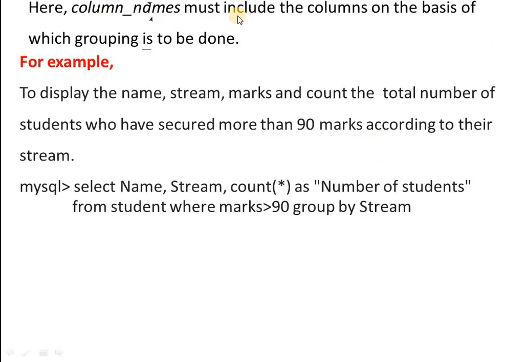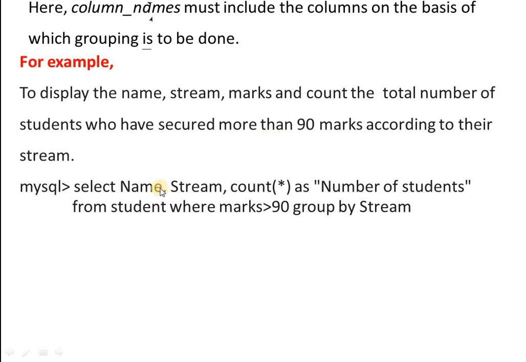Here the column name must be included. The column on the basis of which grouping is to be done. So remember, example: to display the name, stream, marks and count the total number of students who have secured more than 90 marks according to their stream. So what do I have to display?